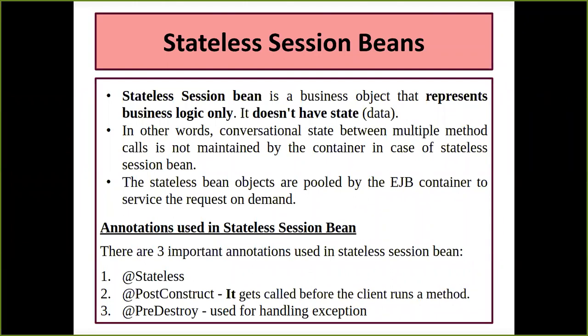The second one was dependency injection. Dependency injection says that it is, you can say, the replacement of your JNDI lookup. Not a replacement, it is also going to take JNDI along with it.